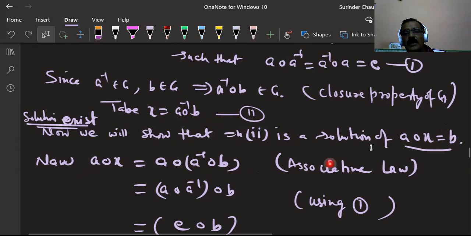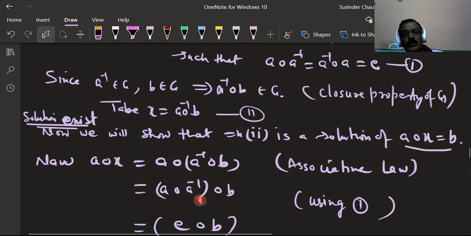A composition with X. Substitute the value of X here. So suitably we'll write this value of X. So substitute the value of X: A composition with A inverse composition B is equal to, by the associative law here,